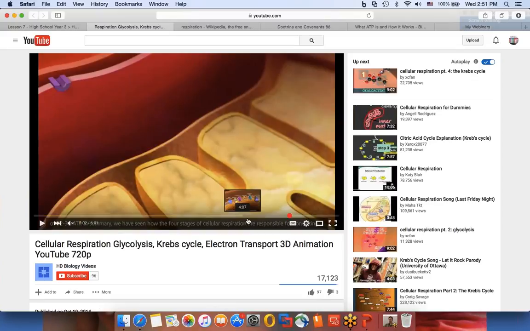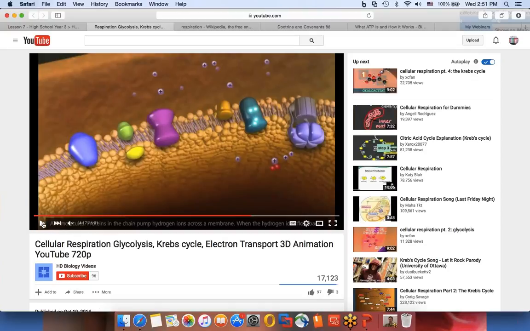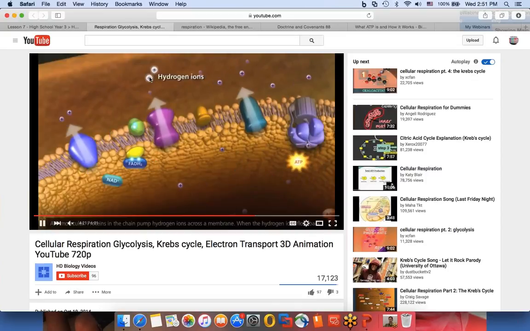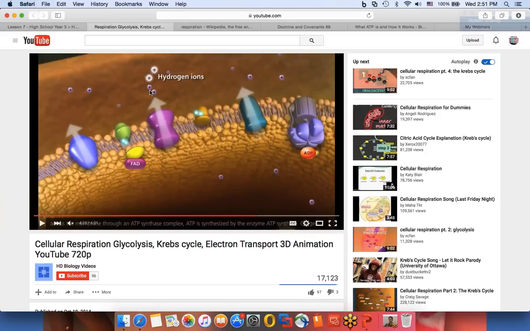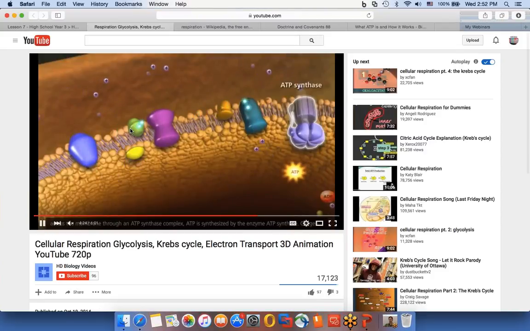Remember that hydrogen is one electron and one proton. The proton is the hydrogen ion. So whenever you see the positive there, it's just the proton of hydrogen that has a positive charge. The little blue lights that go through the membrane are the electrons of the hydrogen that are separated. And so this process is called the electron transport chain, because you see these proteins